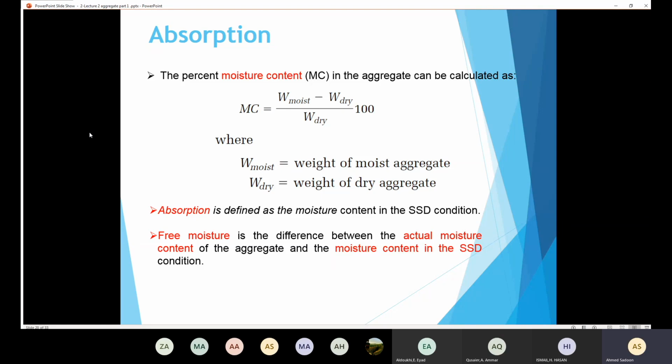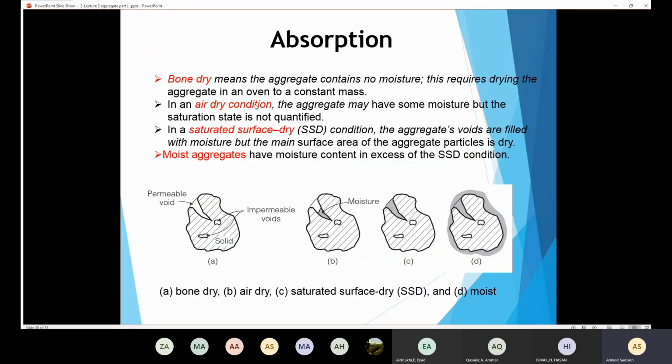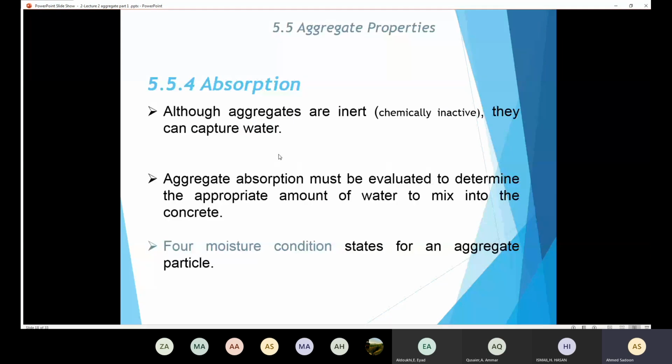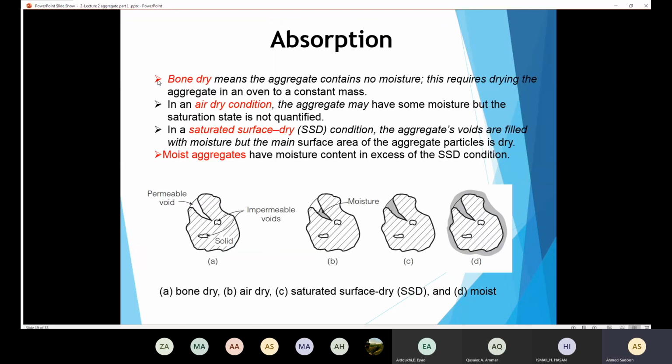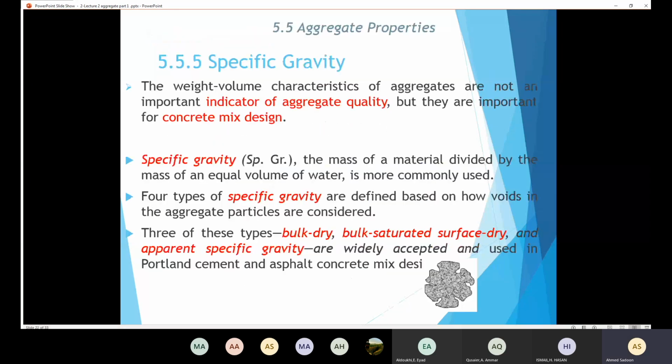Let's get started. Last time we talked about absorption, and we mentioned that the aggregate has voids that can absorb water. According to this, we have four moisture conditions: the bone dry, the air dry condition, the saturated surface dry, and the moist aggregate. And in order to determine the specific gravity, today we are going to talk about the specific gravity,